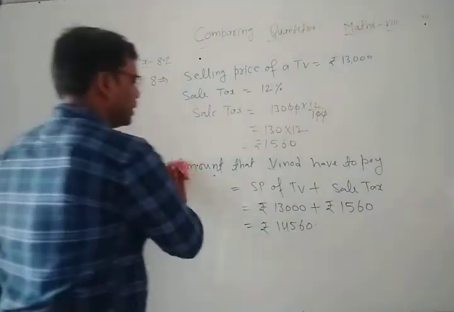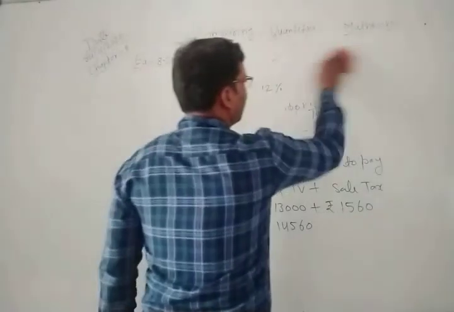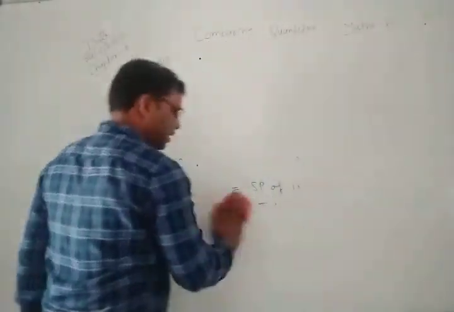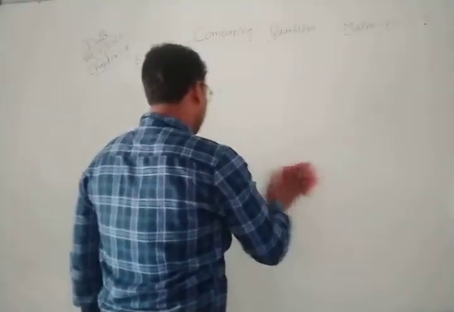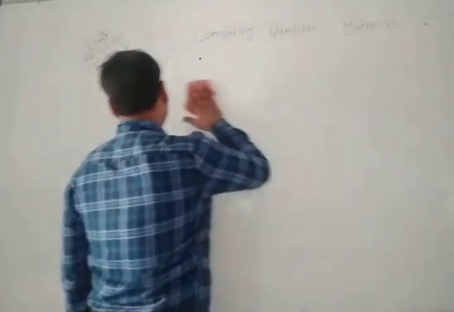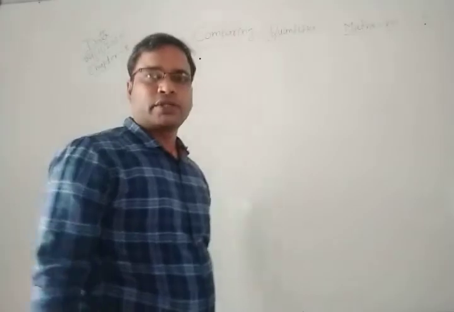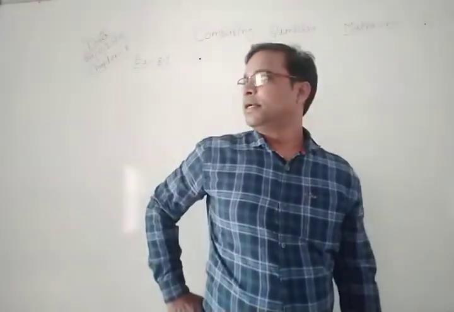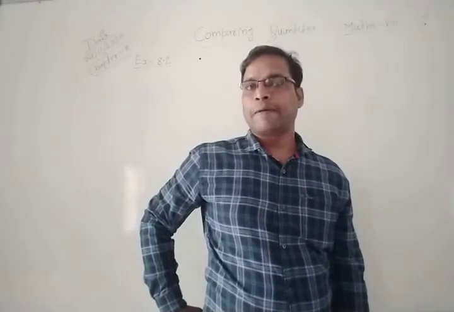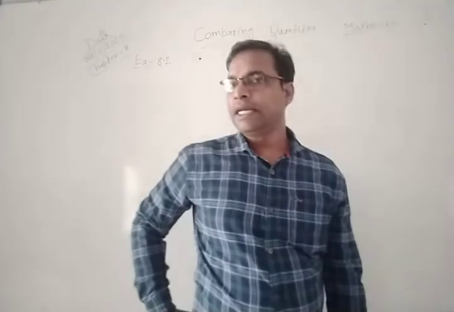Now, in these questions, first you find the discount. Discount is given here, and you find discount at MP, the marked price, and the selling price is also given here. So selling price, discount, marked price: what can you write? Marked price is equal to selling price plus discount, or you can say selling price is equal to marked price minus discount.